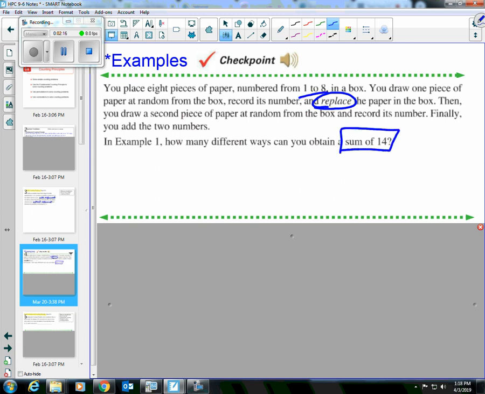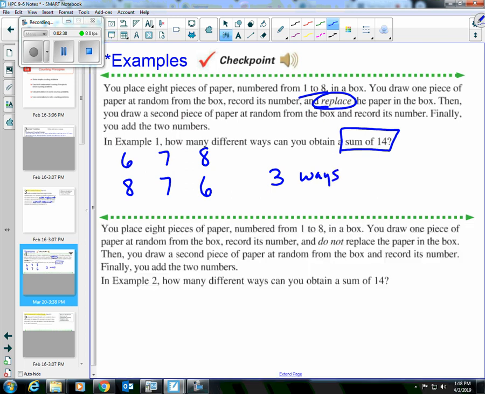So think about all the different ways you could get a 14. Well, we could have a 6 first on the first slip of paper and then an 8. We could get a 7, and remember we're putting it back, so we could get a 7 again. Or we could get an 8 the first time, and then we draw a 6. So with replacement, there'd actually be 3 different ways that we could get a sum of 14. What if instead